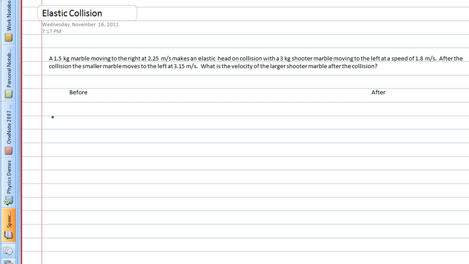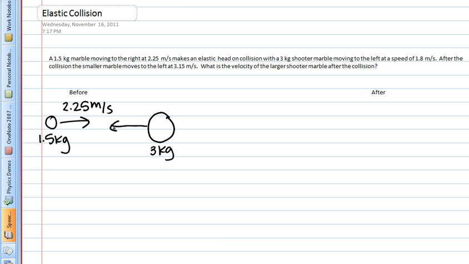Before the collision happens, we have a 1.5 kilogram marble traveling to the right at a speed of 2.25 meters per second. It collides with a larger marble that has a mass of 3 kilograms traveling to the left at 1.8 meters per second. After the collision, we find out that the small marble actually bounces back and is now